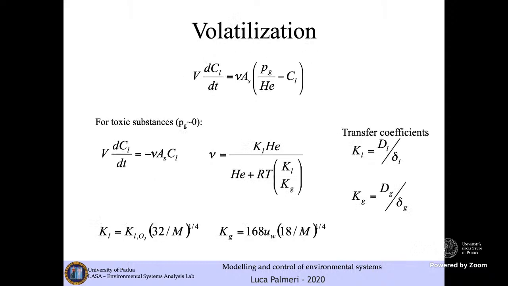In particular, we may say a particular case of this interaction is the process of volatilization, so transfer from the liquid phase to the gaseous phase. So this is the transfer of a substance dissolved in liquid to a substance dissolved